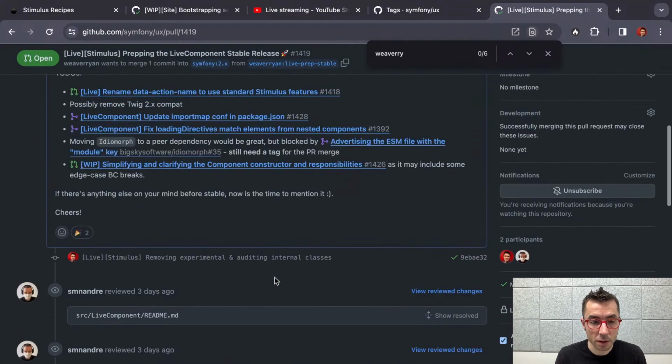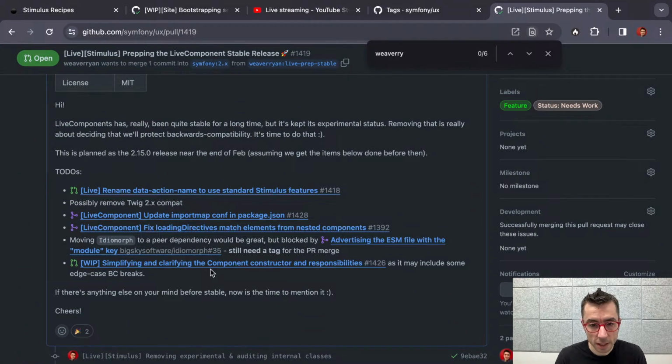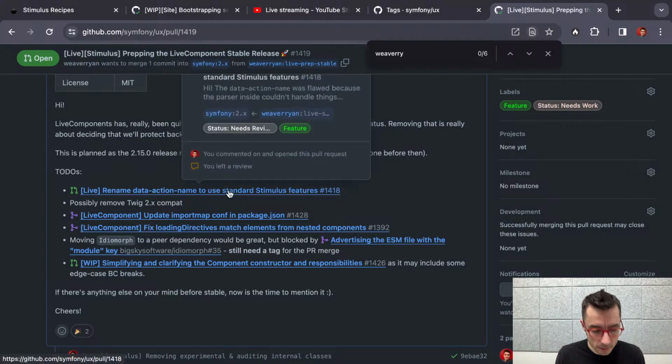Going through just the to-dos, and there aren't many to-dos, as you can see here, to get things ready for Live Components. I talked about that last week, getting it stable, and it's really just about doing the last breaks, the last things that we want to break on Live Components before we stop breaking things. And we really haven't been breaking things for a long time, but we still technically can. So the one thing we brainstormed last week, I want to talk about, is the